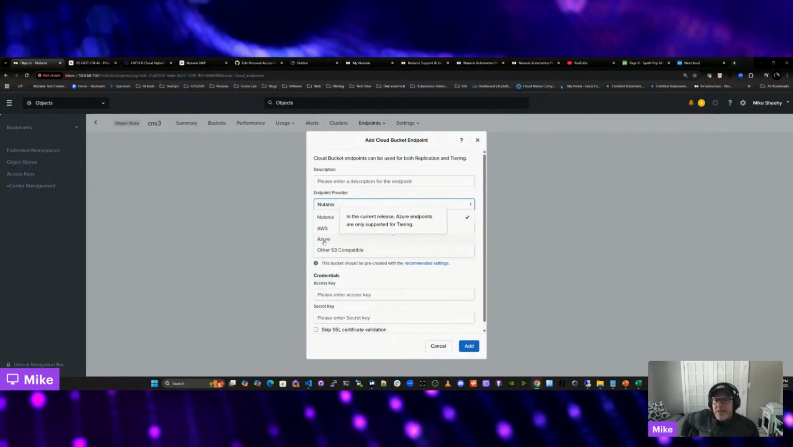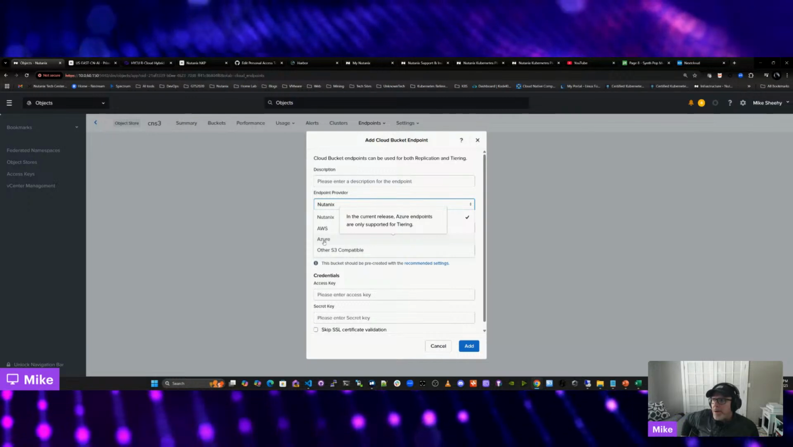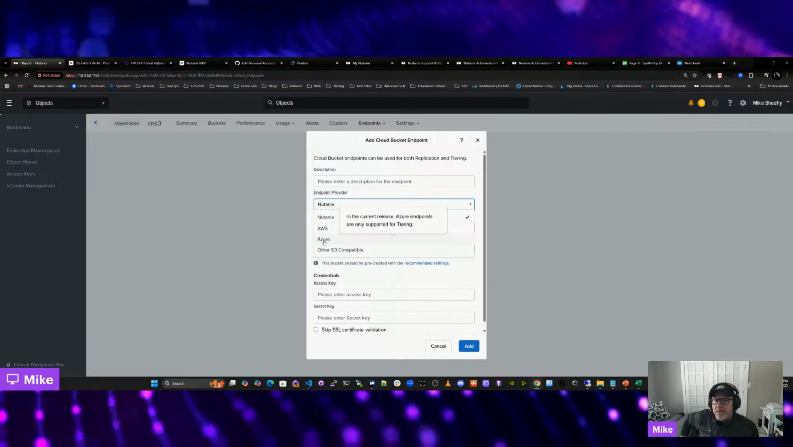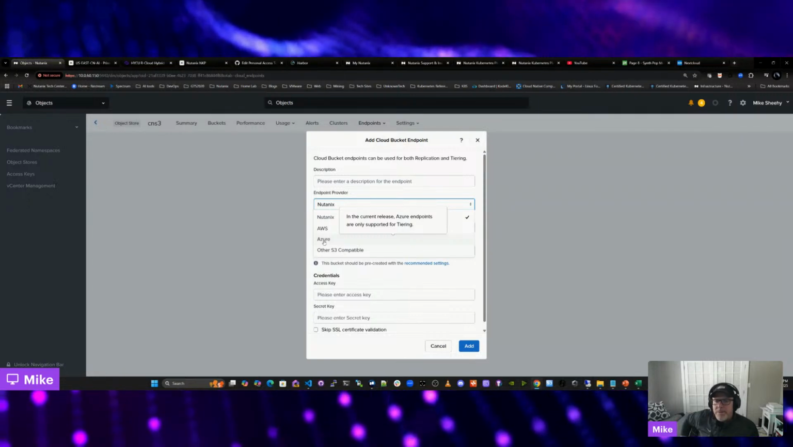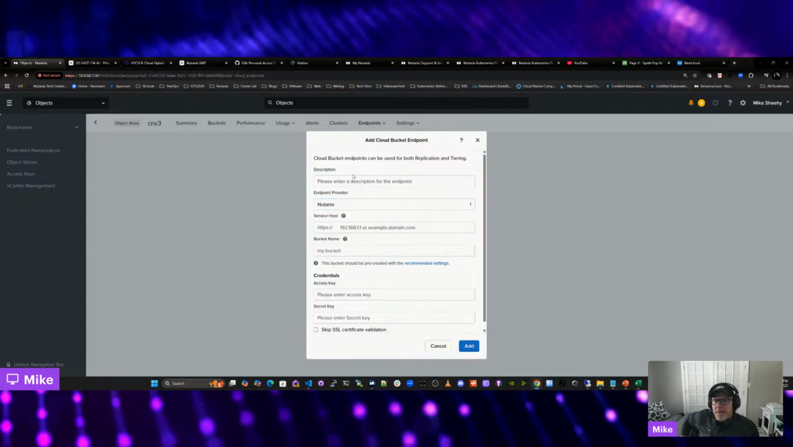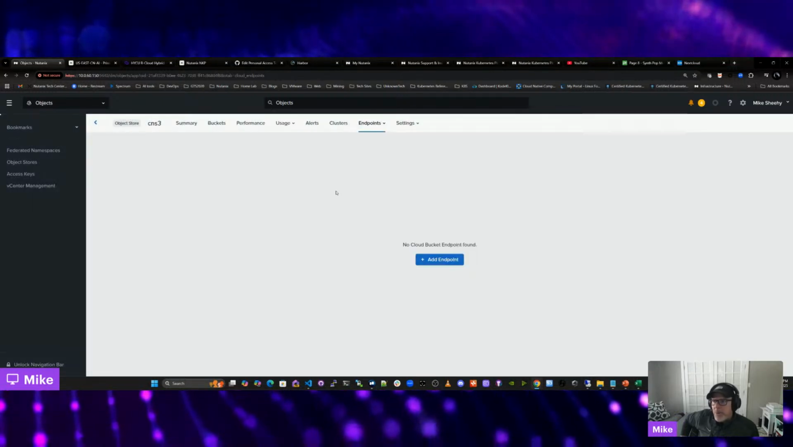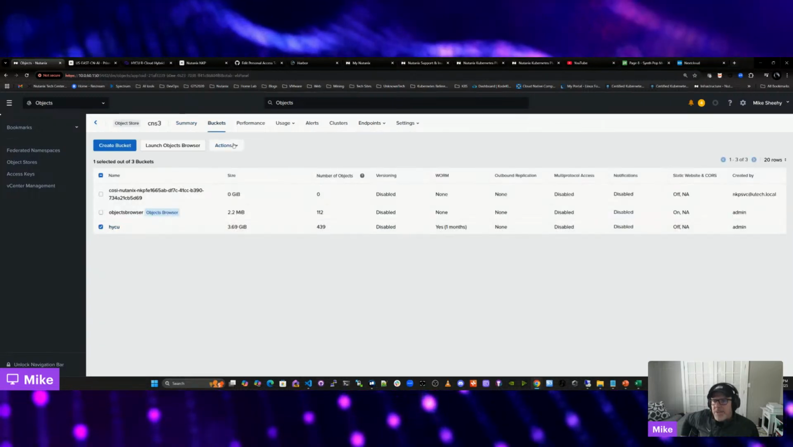Azure is a bit different, right? Azure is not S3 protocol. It uses its own proprietary protocol, but we get around that, right? There are ways that Azure presents itself through an S3 endpoint, even though it's using a blob, right? So again, the idea is creating a tiering endpoint, and then on the bucket, giving it a lifecycle